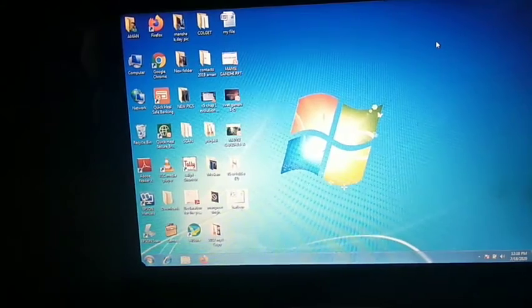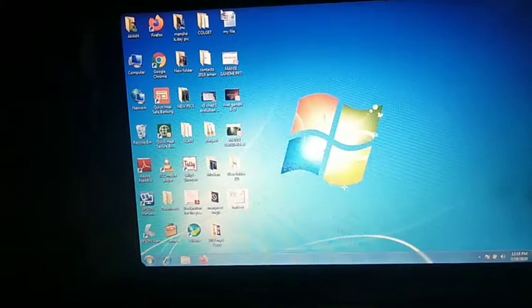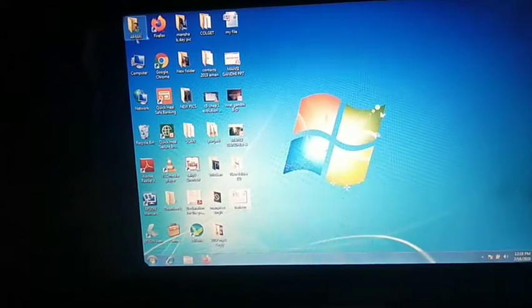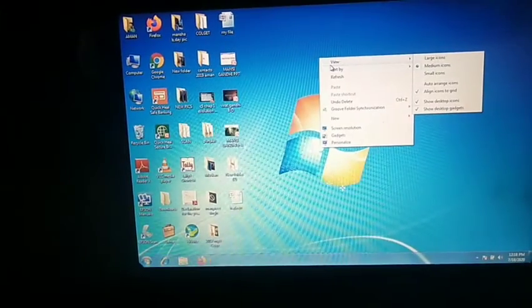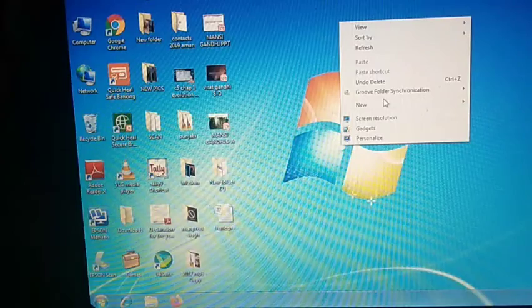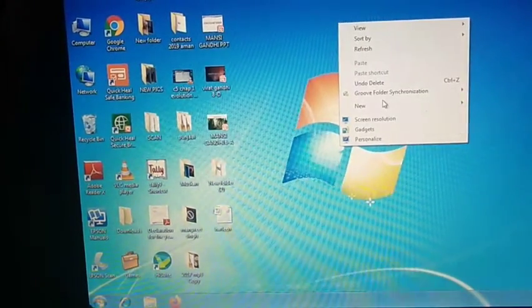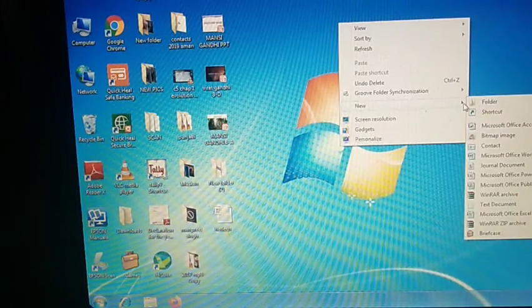You will right click. See, this is a mouse. Everyone can see this is a mouse. What you will do? You will right click on the mouse. After that, you will see a option over here, new. See, this is the new option. After new, you can see a small arrow over here.